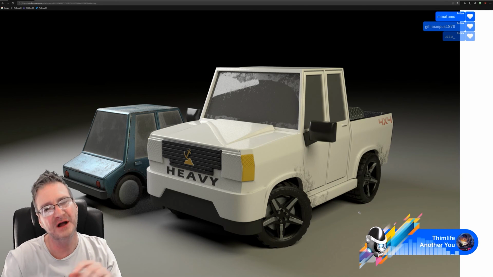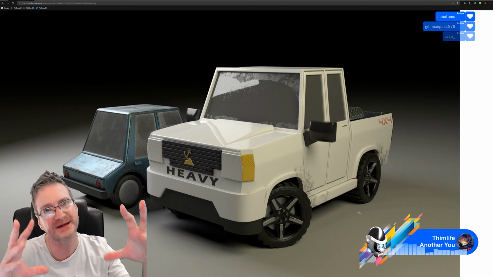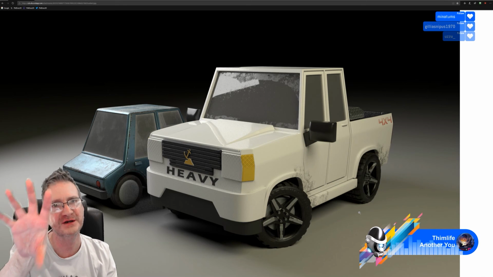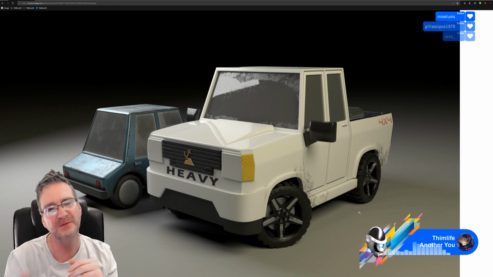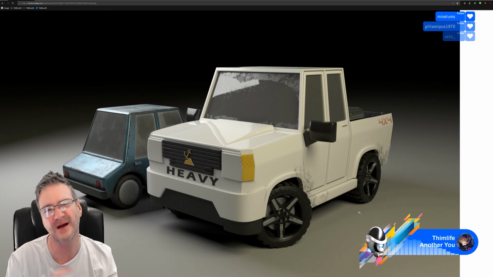and then you might want to show an image of like an occlusion render with no textures on it, so that people can see what the model looks like, not textured. So you have your beauty render, which is your model all looking pretty with textures. You have another one which is an occlusion render, which is the model without textures on. And then some people like to show the geometry, so they like to do a wireframe or an edged face view of the model, so that people could see the polys and that sort of thing. I don't tend to do that personally, but some people like to do that.